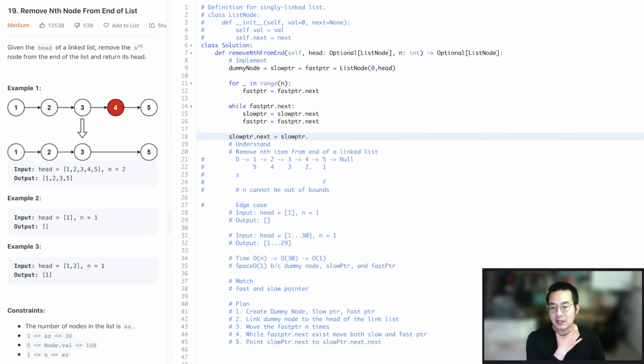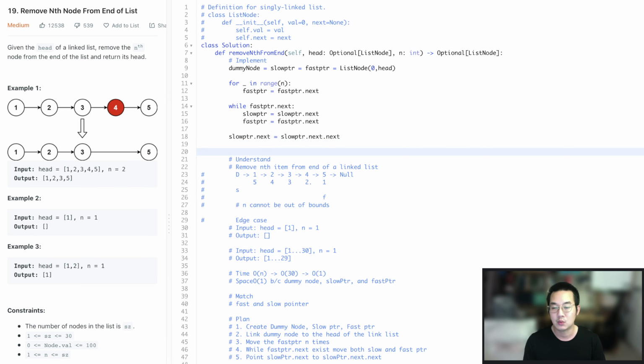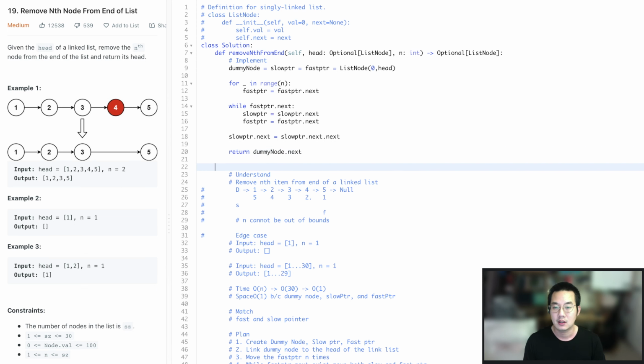This problem is basically a very visual type problem. I don't think I'll be able to do it if I did not have this image. So that's the lesson here, just to get the image. Okay, so now once we're all done, we can return the dummy node dot next. All done. So let's review